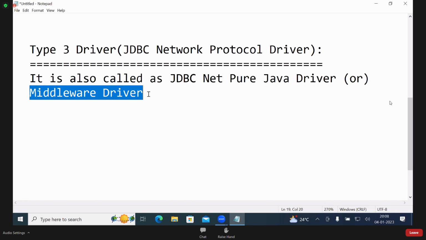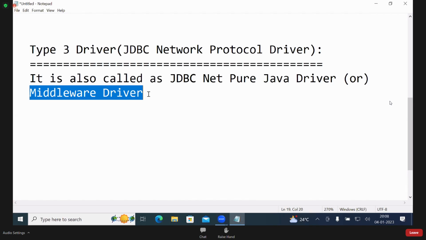Between the Java program and the database, one more software is compulsorily required: either Tomcat, WebLogic, or WebSphere. I'll explain further. Server softwares are there, so many softwares are there. Any server we can use in Java because, as you already studied, Java is platform independent, browser independent, server independent, database independent, protocol independent, architecture independent, hardware independent, everything independent.